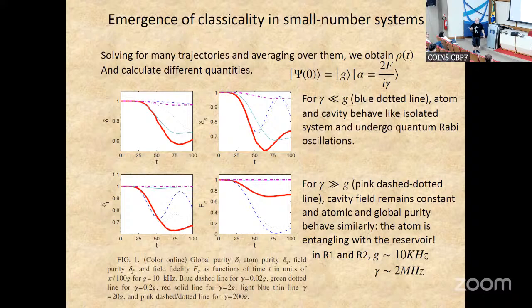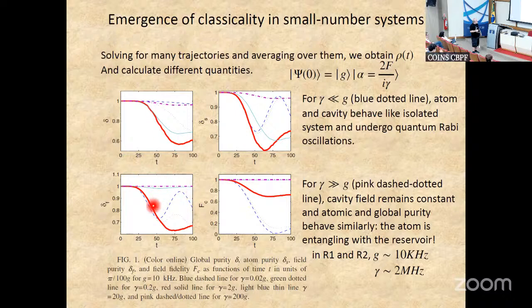They are not going to be full Rabi oscillations because if alpha is of the order of 1, there is a large component of vacuum, and G0 doesn't evolve in time. But it's still Rabi oscillations. So what I'm plotting here is the global entropy of atom and cavity, cavity entropy, and fidelity of the cavity with the initial state.